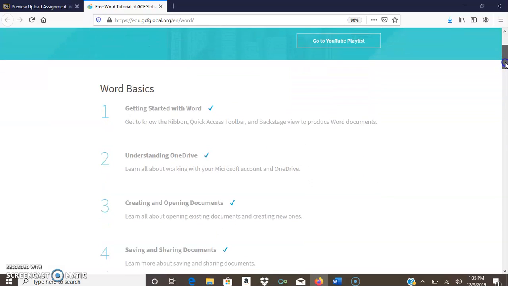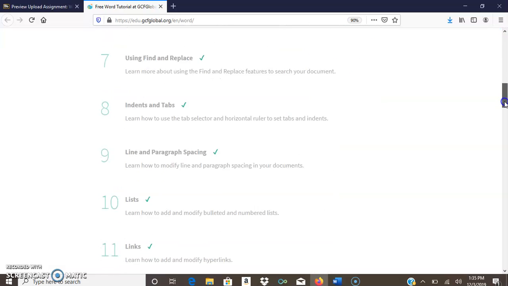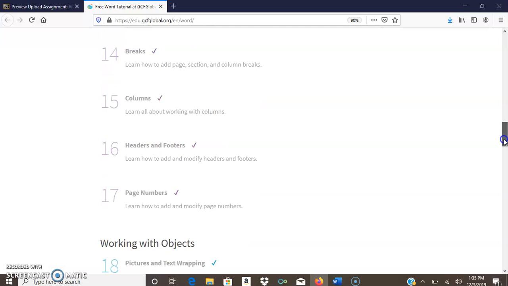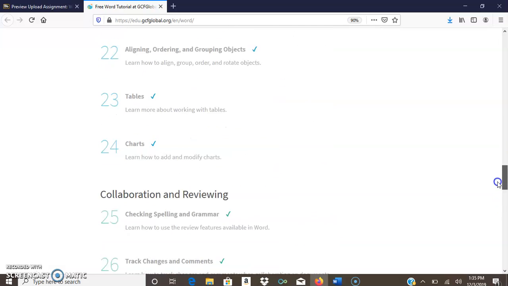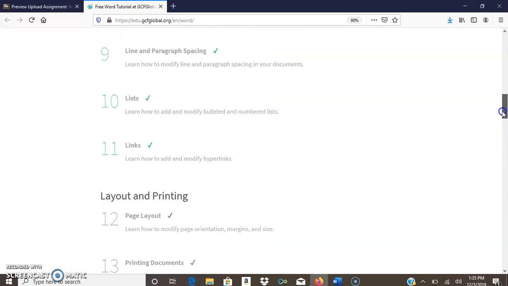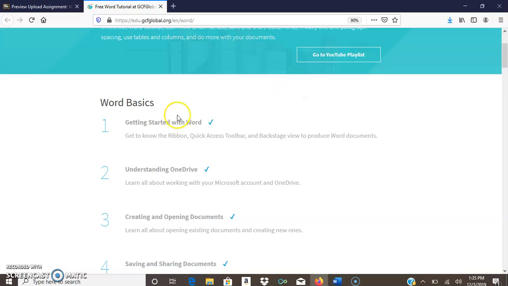Let's take a look at this list of lessons here. You'll notice that they're the same ones listed on the form or the assignment description. And so here are all the lessons in order. I'm going to scroll to the top. So you probably recognize Getting Started with Word from that assignment. So you've actually already completed that lesson. All right, so once I'm moving on to my second lesson, I just click on the title here,